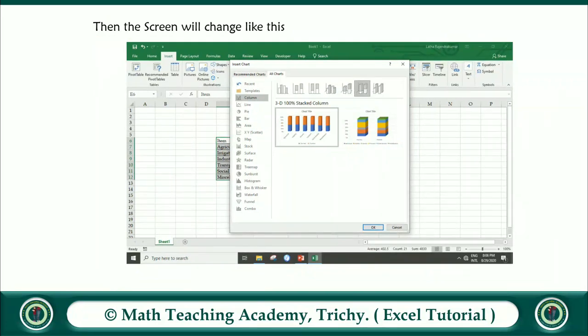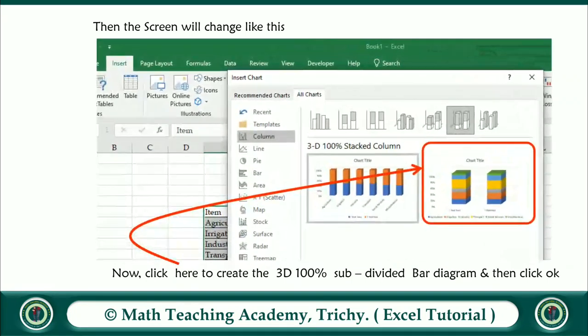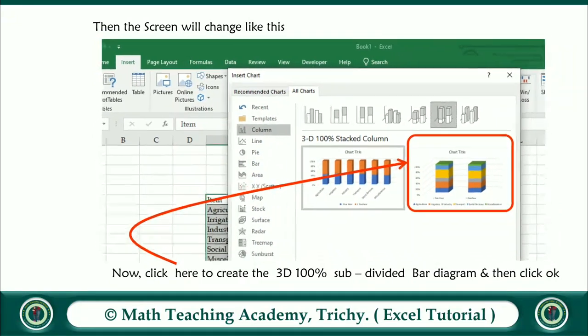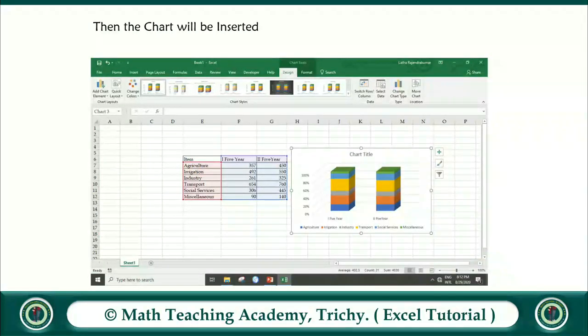Then the screen will change like this. Now click here to create the 3D 100% subdivided bar diagram and then click OK. So select this part and click OK. Then the chart will be inserted on your Excel worksheet.